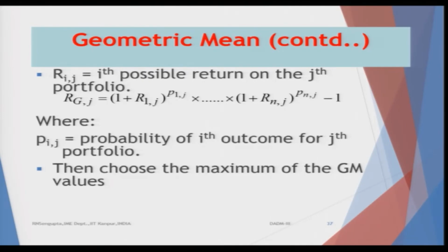So, the average value of the geometric mean for the jth portfolio is given by the product of (1 plus R suffix i comma j) put to the power of Pij. Pij is basically the probability, while Rij is basically the return or the so-called output which you are getting from the first decision. You will be multiplying each and every term, where the power would be the probabilities, and the values being raised are the corresponding returns of the decisions.